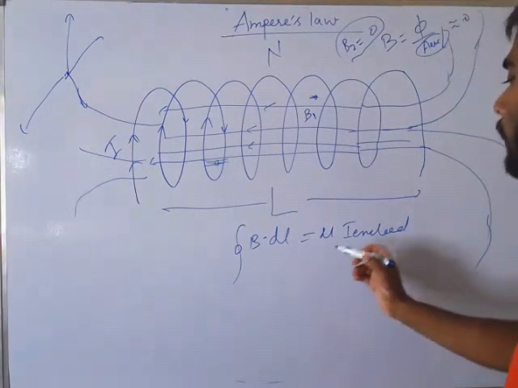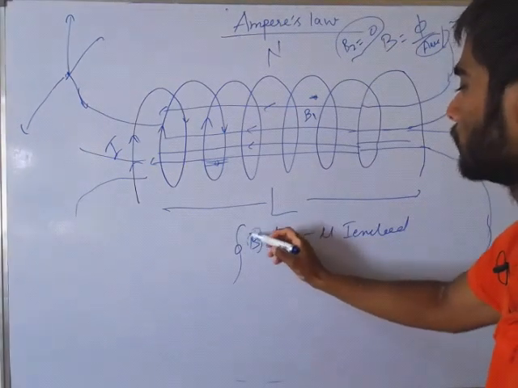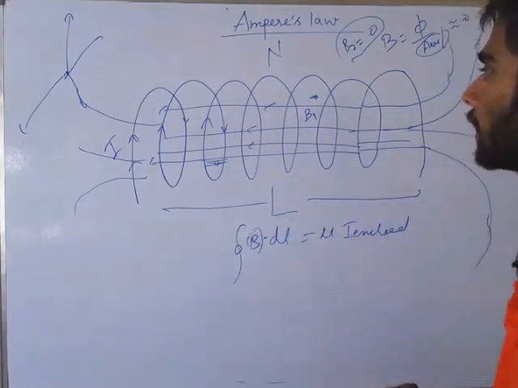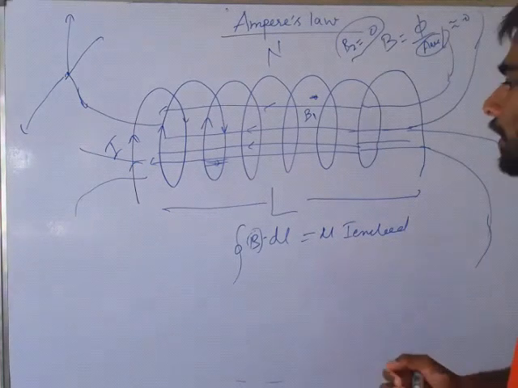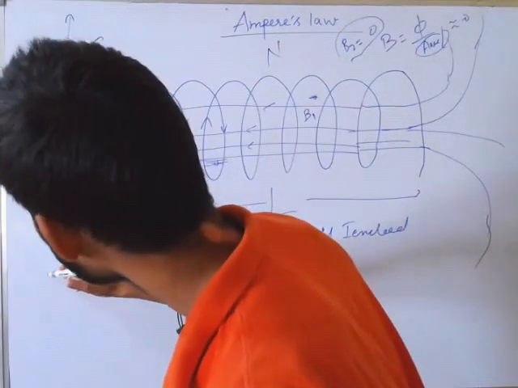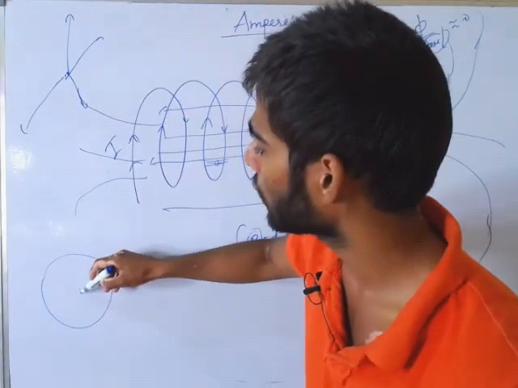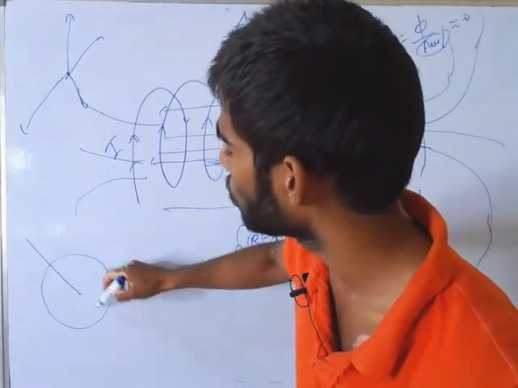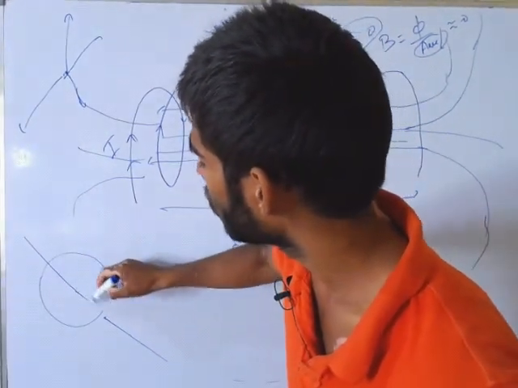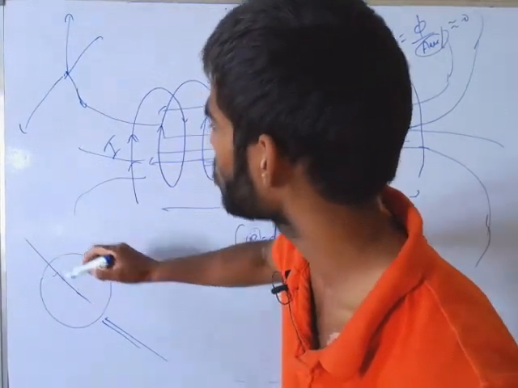This is the source I that we have been given, and B is the generated field from this source. Okay, now tell me, in the previous case, in the current carrying conductor, how much current was coming from the loop? Only one current was coming.